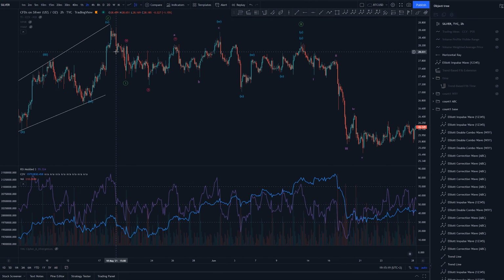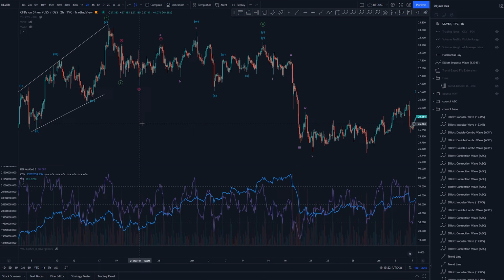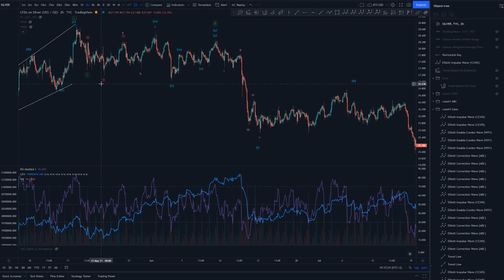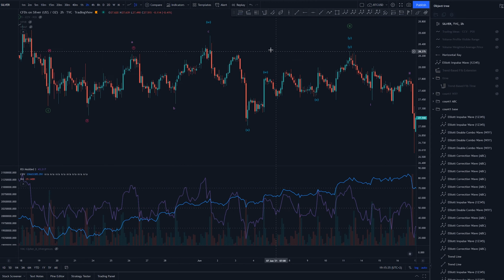So 1, 2, 3, 4, 5, and then a W, X, Y into A, then B, and then C, and that is debatable as well because this looks almost like a W again, so WXY, but again, these are crossing, so 1, 2, 3, 4, 5, and with the current one